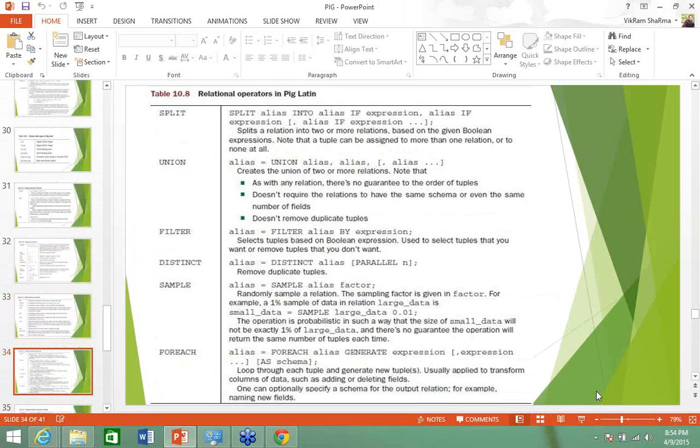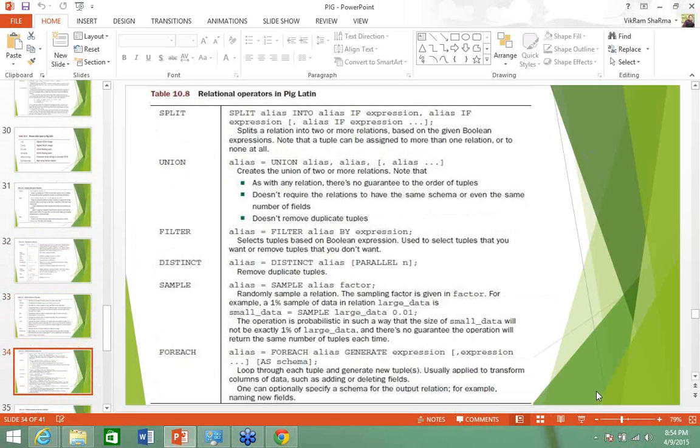Now we have the filter command, that is the filter operator. What is the purpose of this filter? We have seen what the purpose of the filter is. Filter is used to simply filter out based on the given conditions. If we want to extract or select something from a particular list, for that purpose we have the filter.